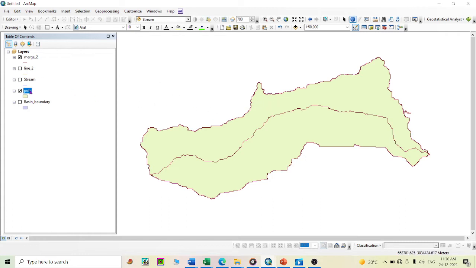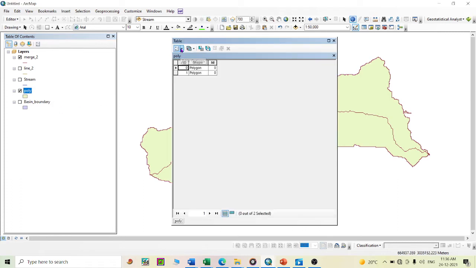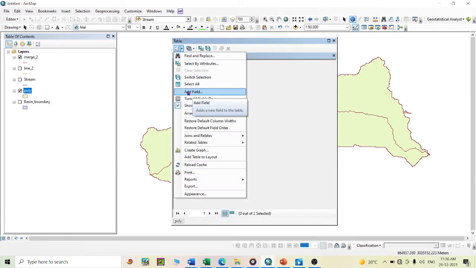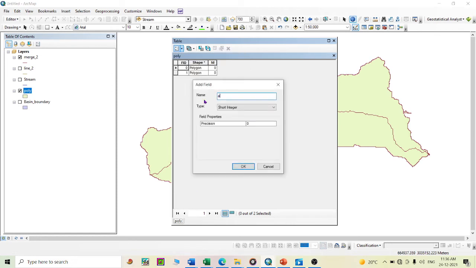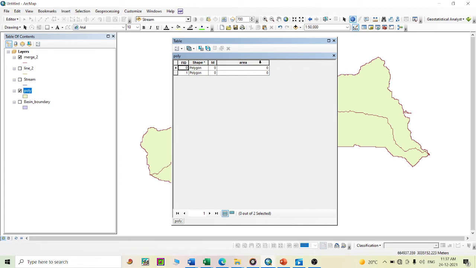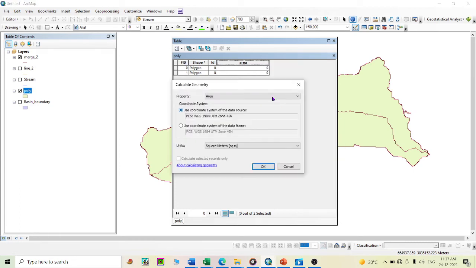For that, go to the attribute table, and here add field, area, type double and click OK. And go to calculate geometry.